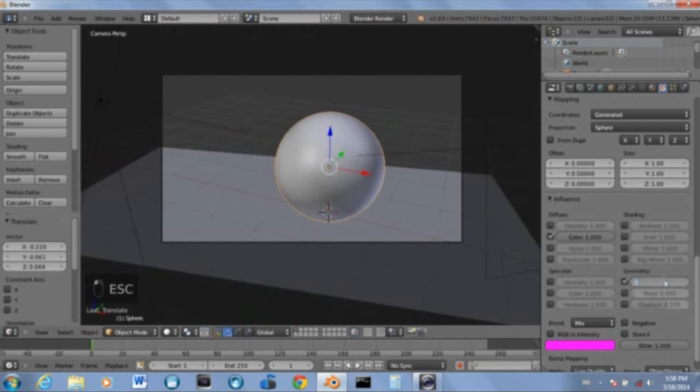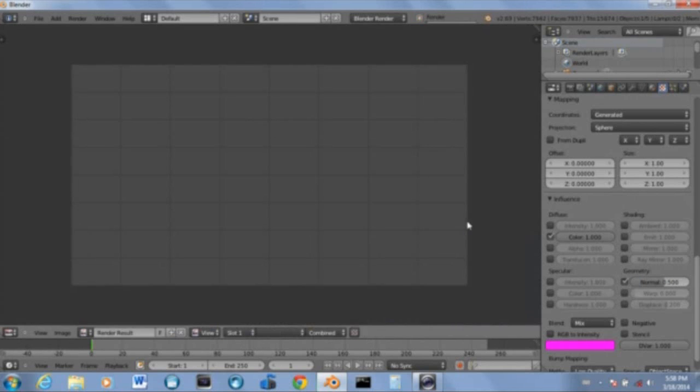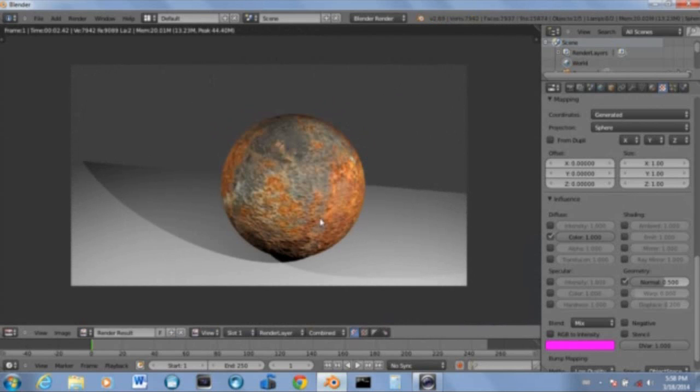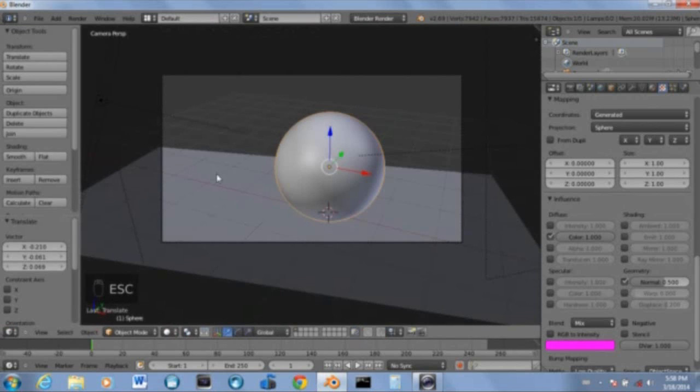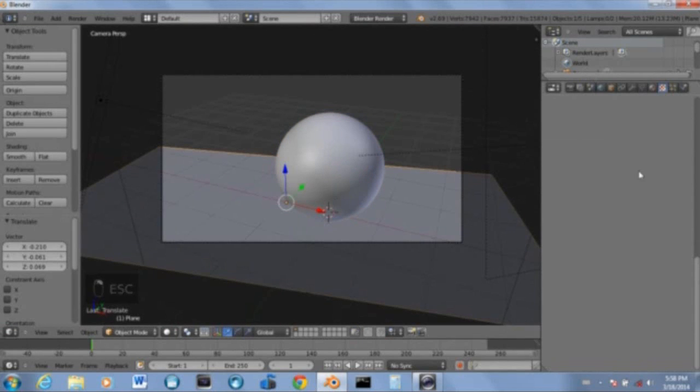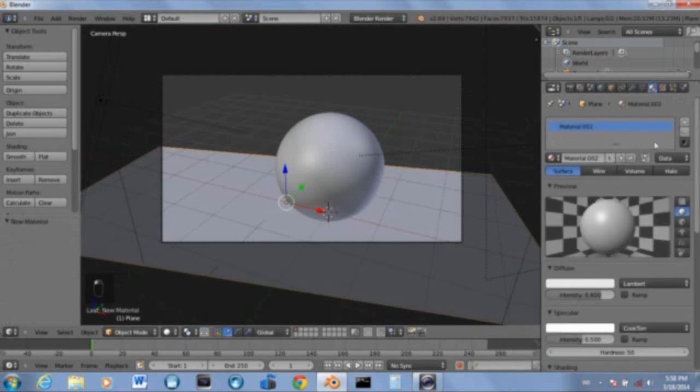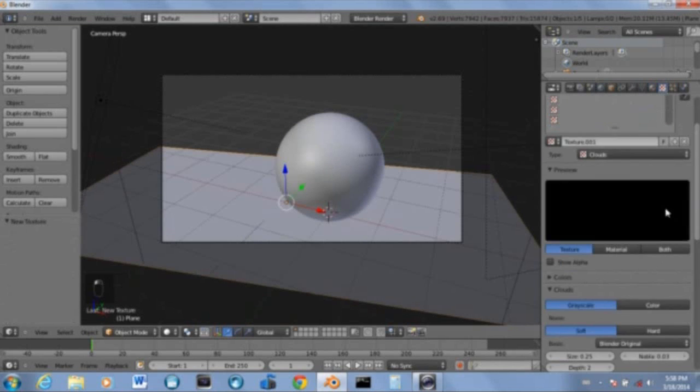You can play with that until it looks right, but I like it at 0.5 because it's a little bit bumpy, but not too bumpy. So it looks okay. Anyways, click on the plane, and we'll have to give this a material. Material first, always material first. And then plane, sorry,